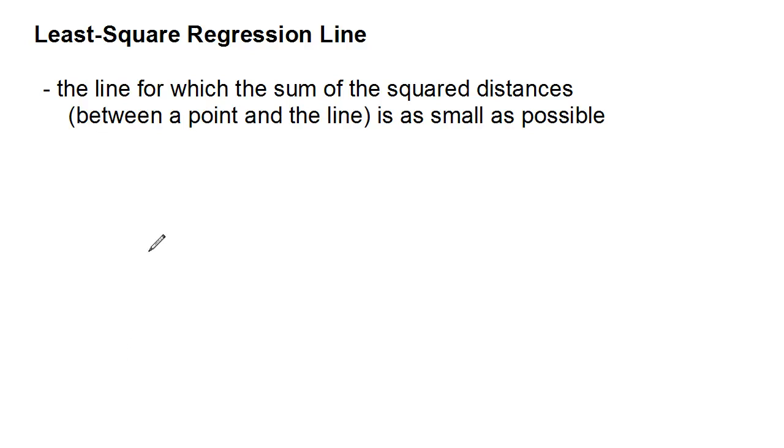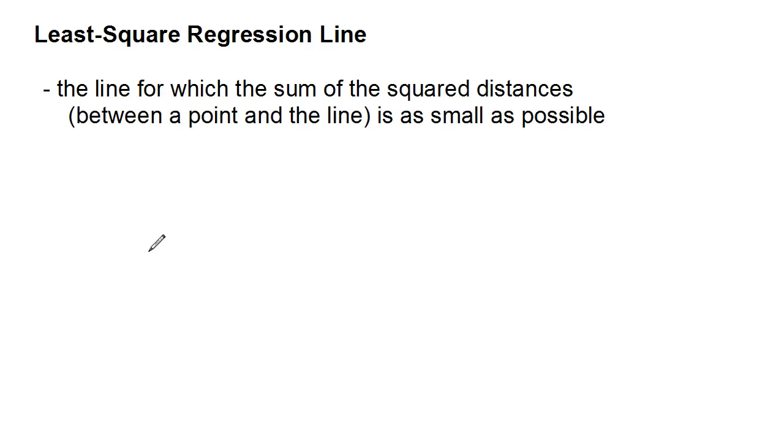In this video, we're going to discuss the least square regression line. This is the line which we can use to make predictions on association. We also use it to identify whether something is close to being